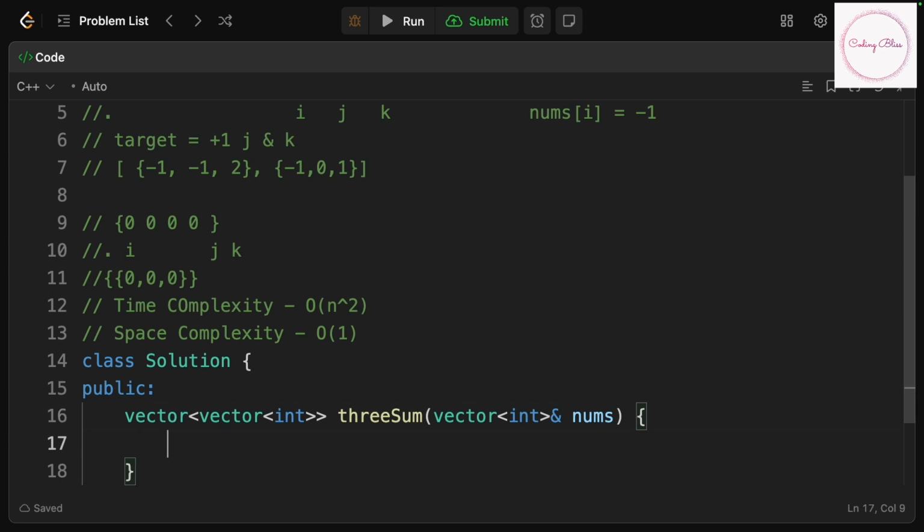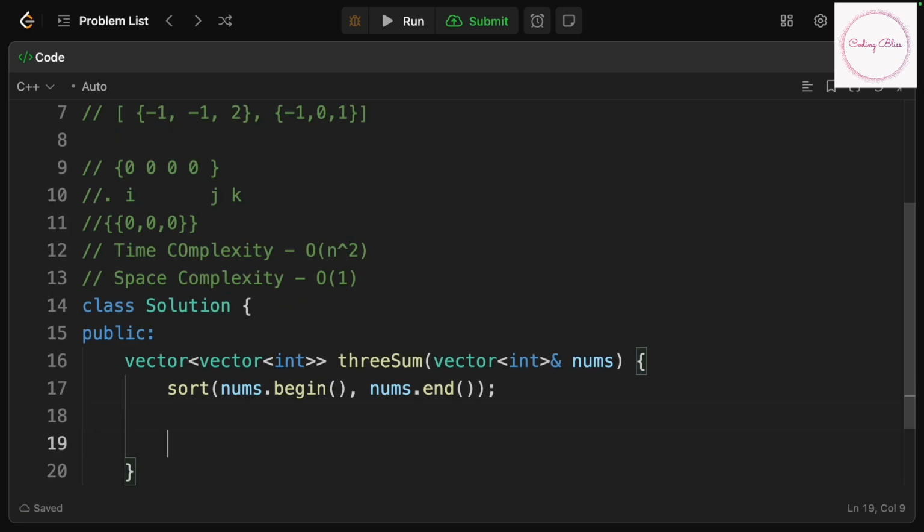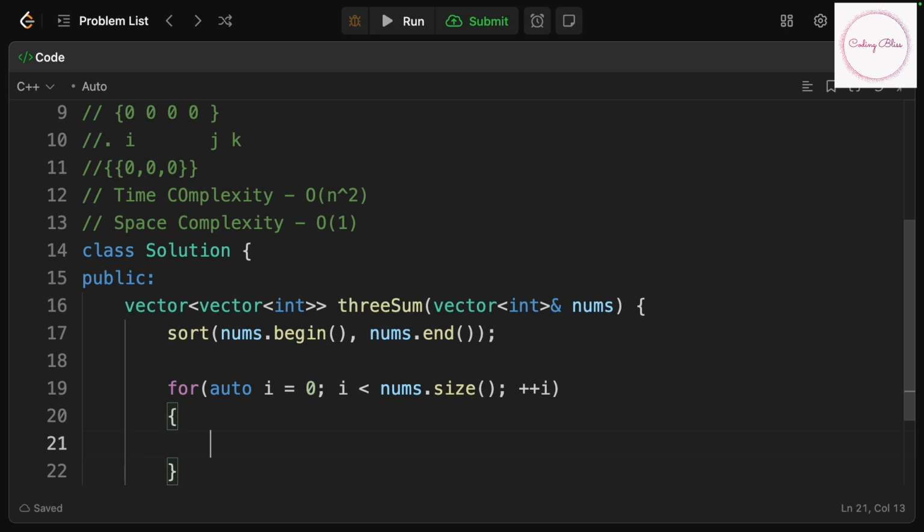Now let's take this case. So we will first do sort. Then we will iterate through, for auto i is equal to 0, i less than nums.size, plus plus i. First thing we'll do is, as I had mentioned earlier, we have to check whether there are duplicates for i. So what we'll do is, i not equal to 0. So in the first case, you don't have to worry about it. And i less than nums.size